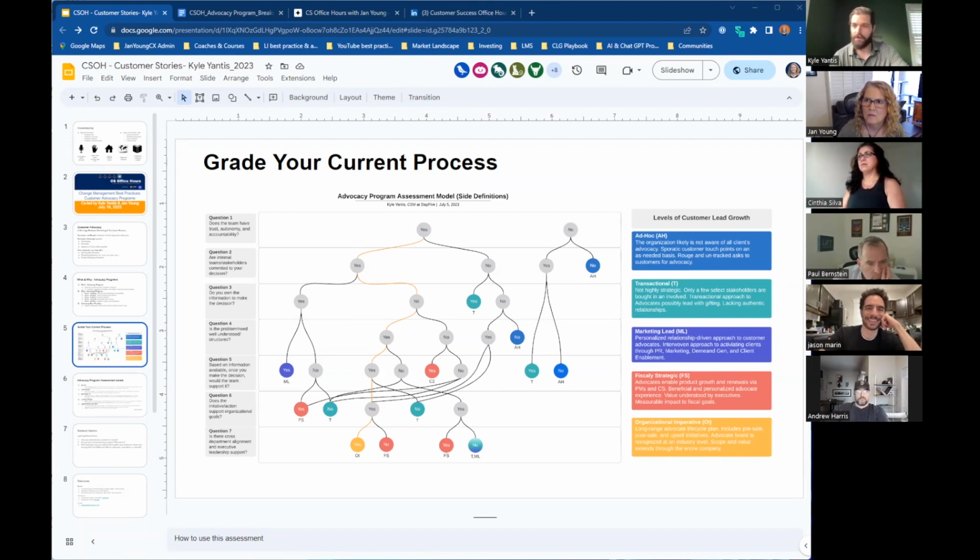So if you're a product marketer, you're going to ask, is my marketing going to help bring the ideal customer into our profile of clients? If you're a CSM, you're going to be asking, how can I bring advocates into a program to better flesh out best practices, to better help us build a roadmap that meets the needs of our clients, all of that. So you're going to go down and hopefully answer yes to a lot of things, but also, like any assessment model, the goal is to identify points of growth.